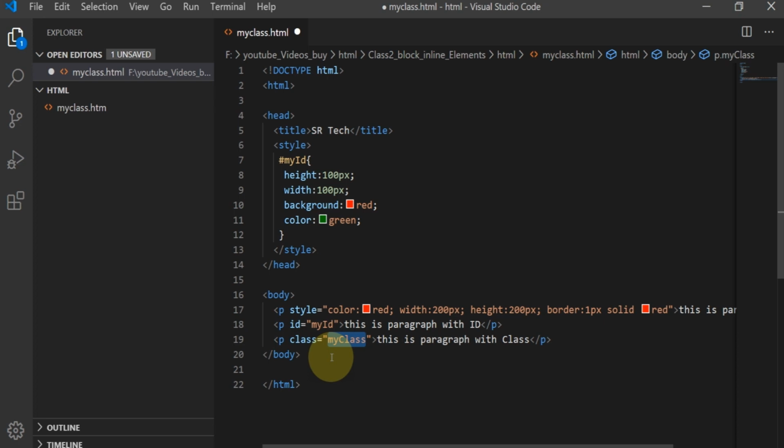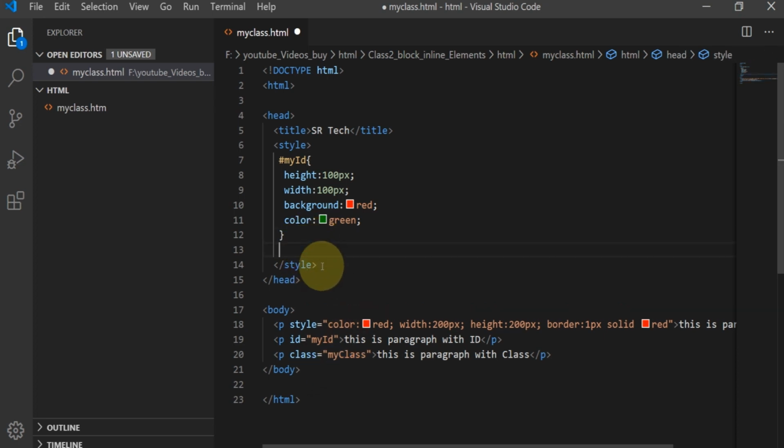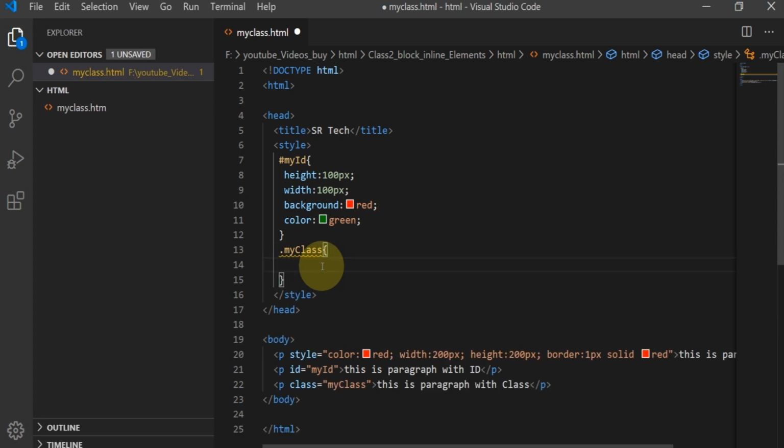I just declared the class here, so I need to select it from CSS, right? So how will we define this class selector? With a dot, right? So dot and our class name, my class. Within this section we need to write our CSS properties.